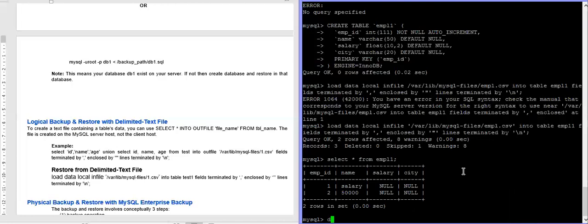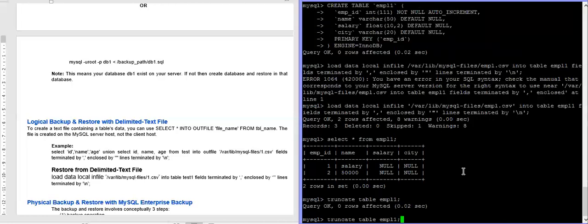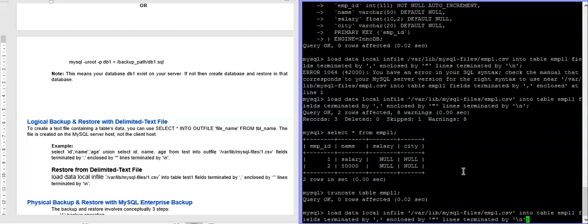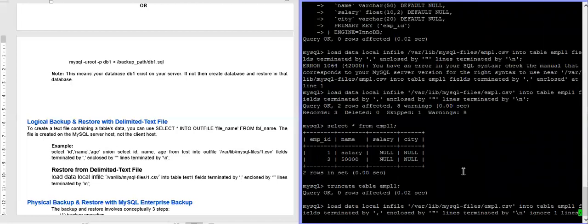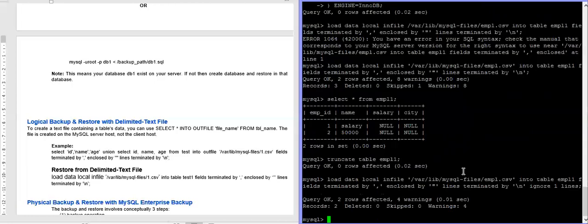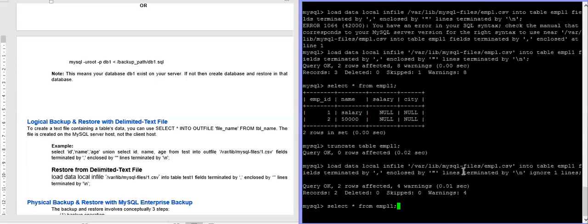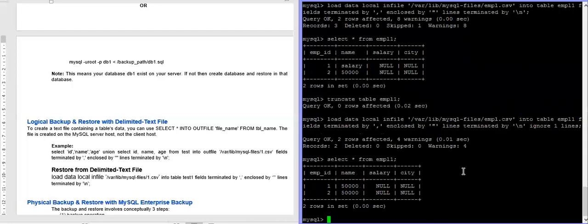And you can ignore that heading also. Let's do this once again. Truncate table empl1. If you want to ignore this, then you can write here ignore 1 lines. Simply it will ignore the first line. Okay, now see that. Done.